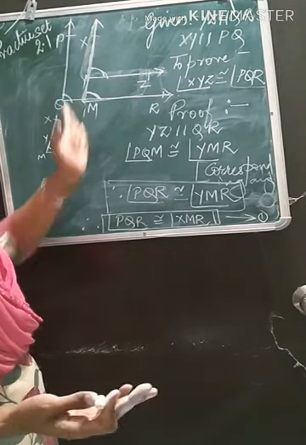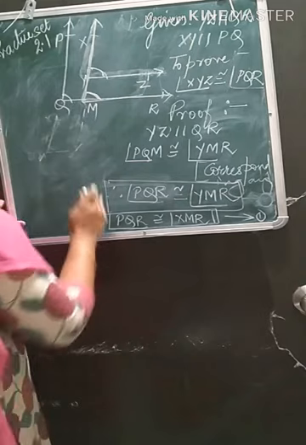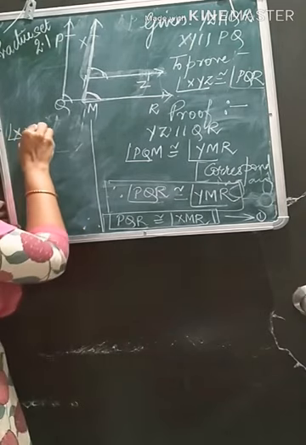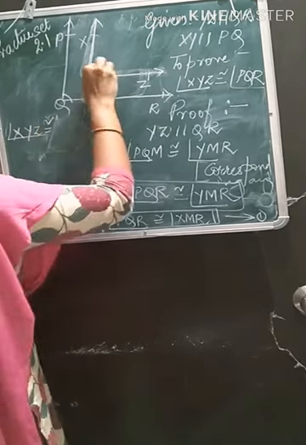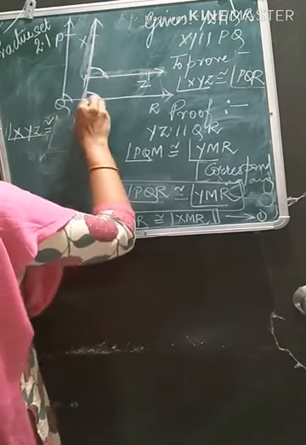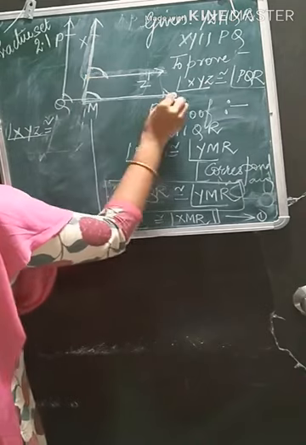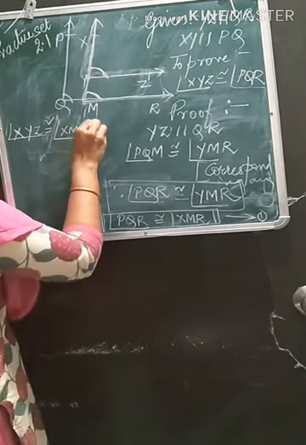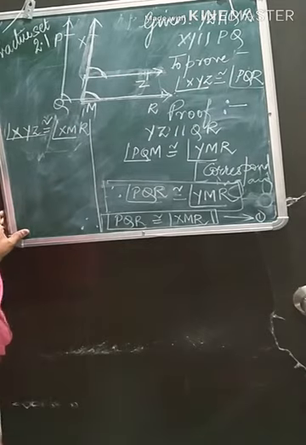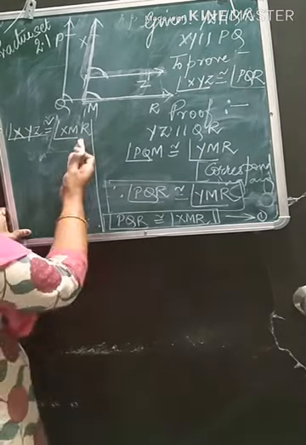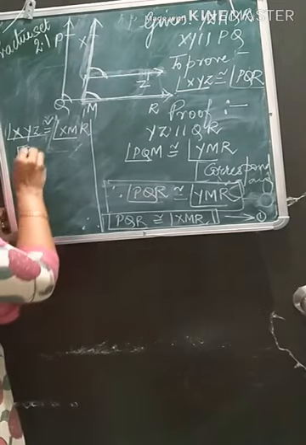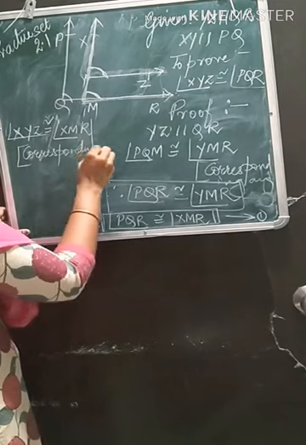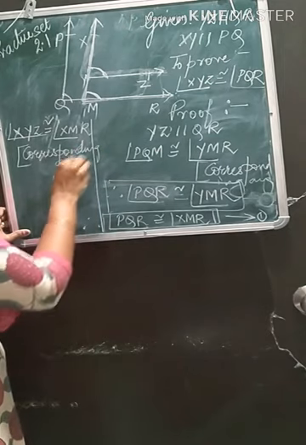Both are corresponding angles. Write down. So after this, you will write angle XYZ congruent to XYZ, this angle. Another corresponding pair is YMR, or you can write it as XMR. I will write it as XMR because we extended YMR to XMR. So same, XMR I will write it here. Reason is corresponding angles.